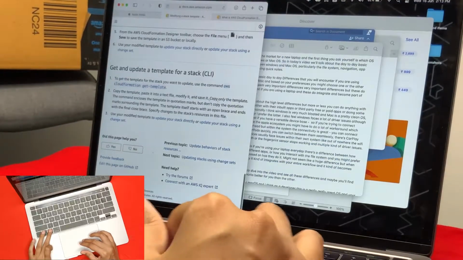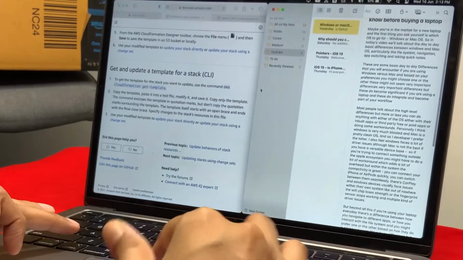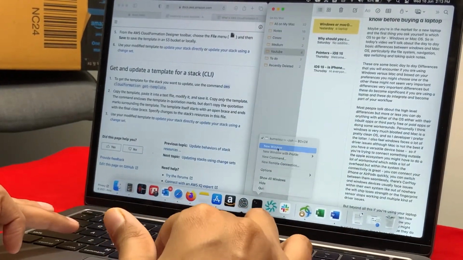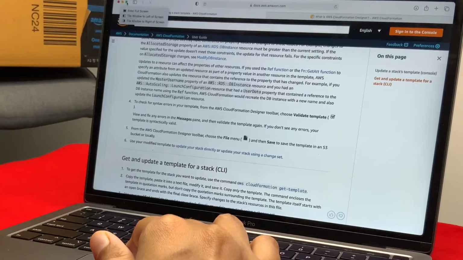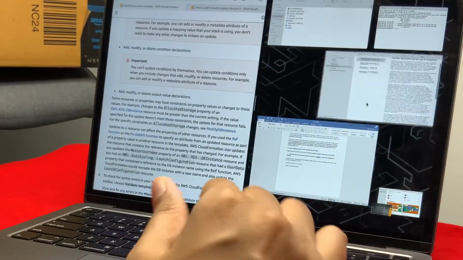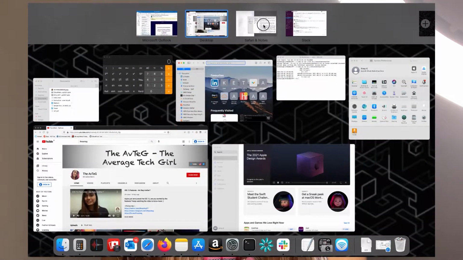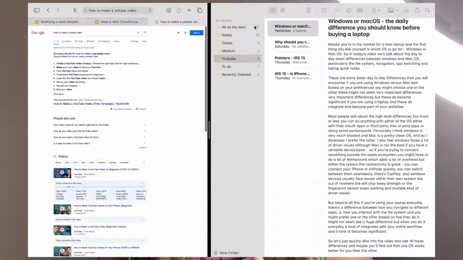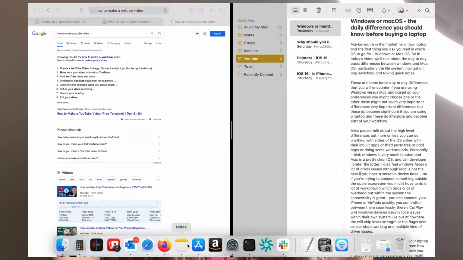So next thing is split screen. Again, you can do the same. You can do the split screen just as you can do on Windows. You can have 2 separate screens side by side on your desktop, or you can go to the full screen option and create split screen in a separate space. You can also create that by just dragging and dropping 2 windows into one desktop space, and it will create split screen in full screen mode.